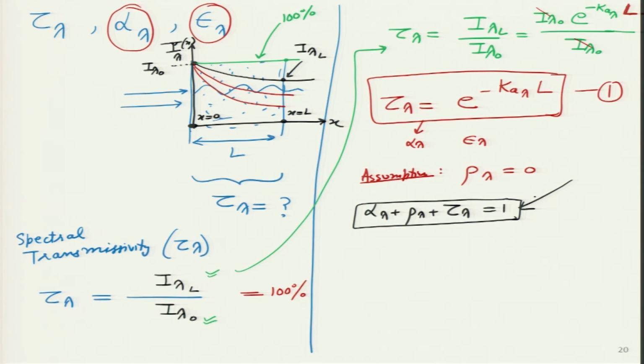And how can I assume reflectivity is 0? If some medium is uniform, if I am swimming inside a swimming pool, water is the same throughout me, then laws of physics tell us we shouldn't expect any reflection to take place. On the other hand, when there is a change in medium, for instance, when light is travelling in air, then suddenly it enters this glass, then again it goes through the air, then into my eye, then when there is a change in medium, reflection will take place.